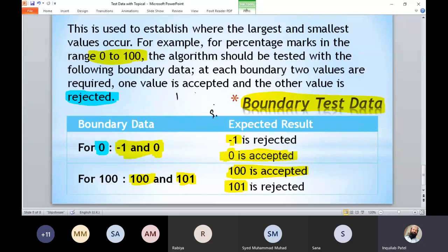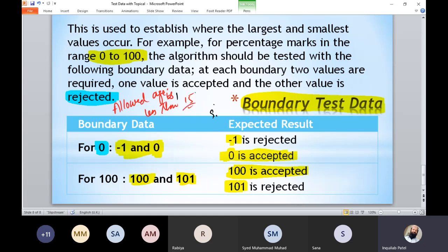Suppose in a situation in the question, it is mentioned that the allowed age is lesser than 15. Means 15 is not an extreme value, because lesser than 15 is allowed. So we cannot use 15 as extreme data, because it is not a maximum value. If you enter 15, it will be rejected.